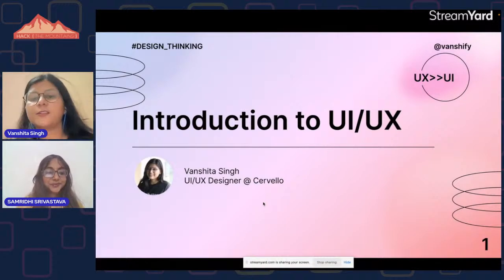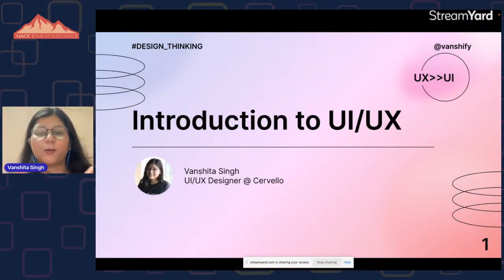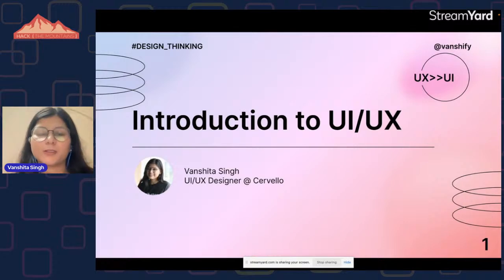So it's just an introduction to what UI UX is, and what we'll be talking about today is UI UX and design. Many people, specifically in India, are of the notion that design is similar: UI UX is also design, graphic design is UI UX, and all those things.